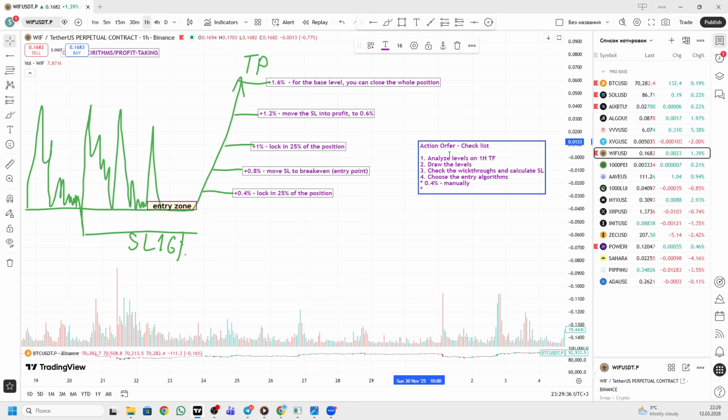And we also have 0.6% with limit orders. And the last point I want you to remember is you have to set the stop and take profit in the settings